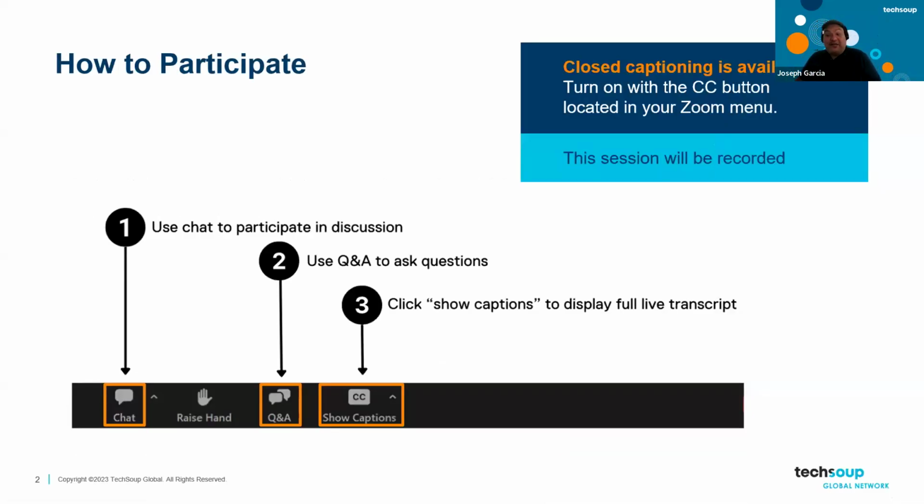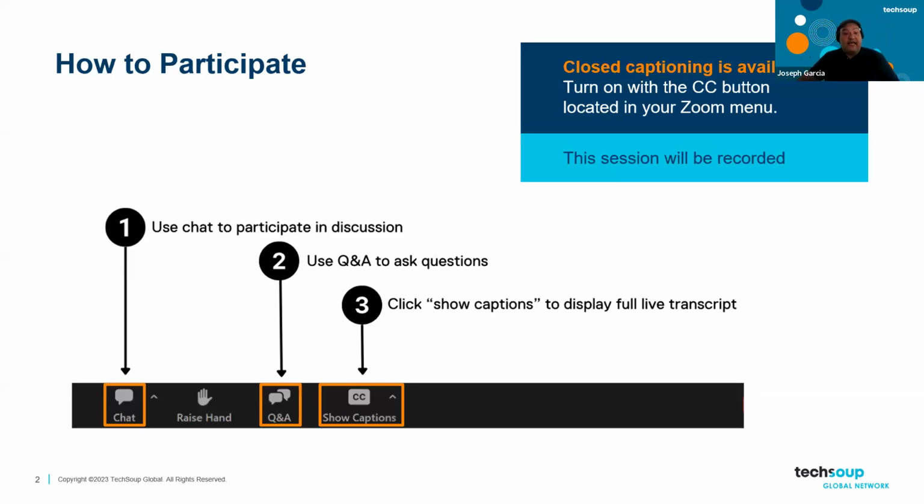So 3 ways that you can participate today. One way is that you can click the number 1 button where it says chat at the bottom of your screen, and you can chat, you can participate, you can add to the conversation. It's just a great way to get whatever's on your mind in that moment in the chat in front of the experts. And maybe it might help lead their dialogue on where they're going. So that is one way that you can participate in today's webinar.